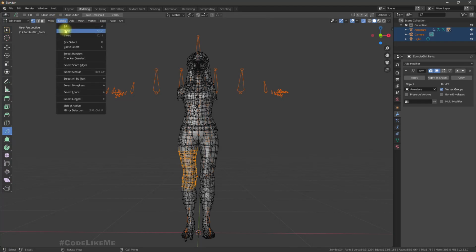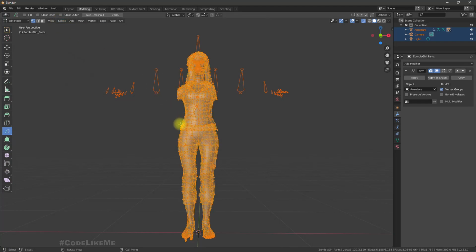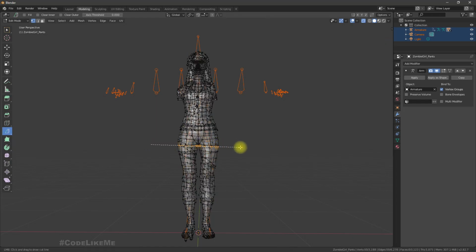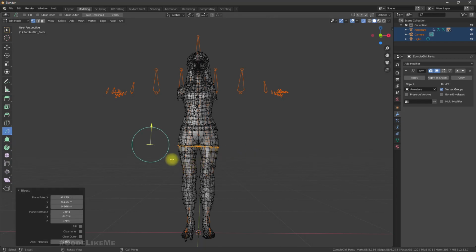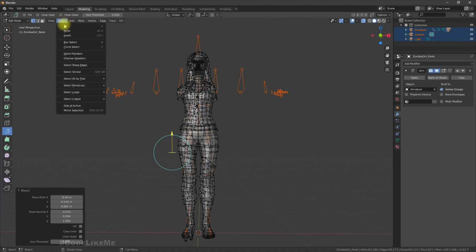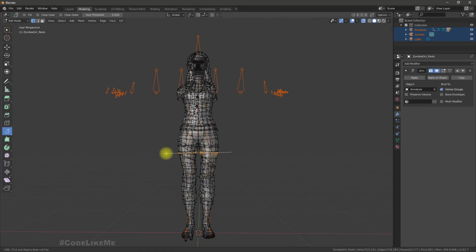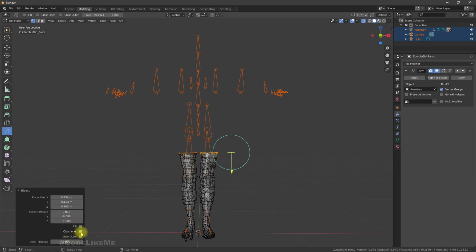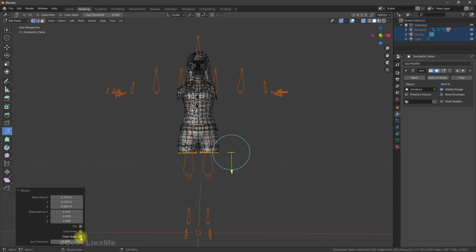So first let's select all and bisect from, no, maybe a little lower, like this. Wait, again select all, bisect, fill. Right, now this part is the torso part,